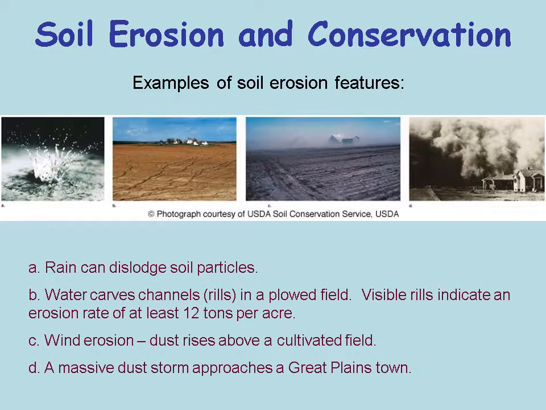It can really move a lot of soil off your land, and that you just don't get it back. It's gone. So it's very serious. And then the third picture from the left, you get wind erosion. Dust rises above the cultivated field, and dust just blows that soil away, and again, you don't get it back. You own the land, but now you just own poor soil, and